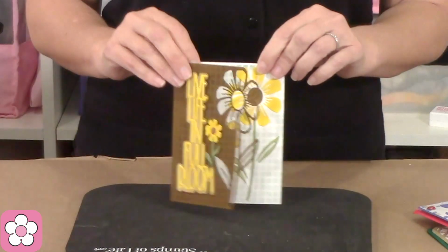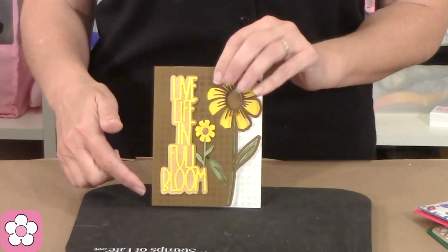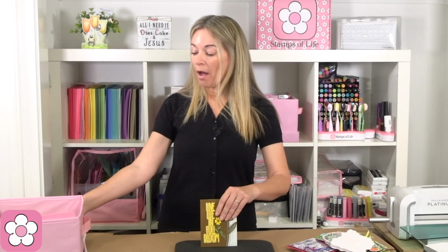This is A2 in size, standard card size. Love it. Comes with these words, live life in full bloom. Also comes with the mini flowers. Yay. We also released very limited edition,